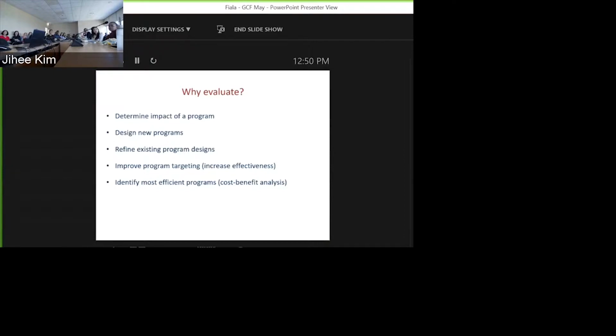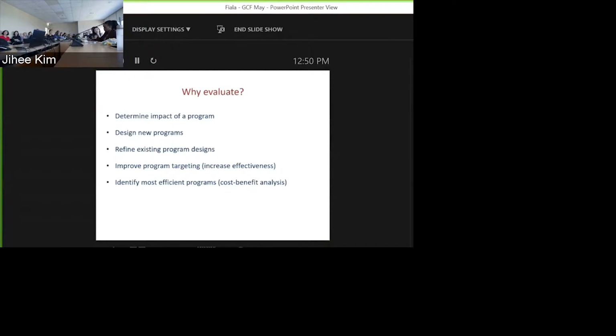First, we want to understand the impact of a program. As I said before, are we really reaching these mitigation goals that we had set for ourselves? But also, evaluation is really useful when you're designing new programs and you want to understand whether that new program works, what about it works, and refining existing designs to think about how can we make it work a little bit better.